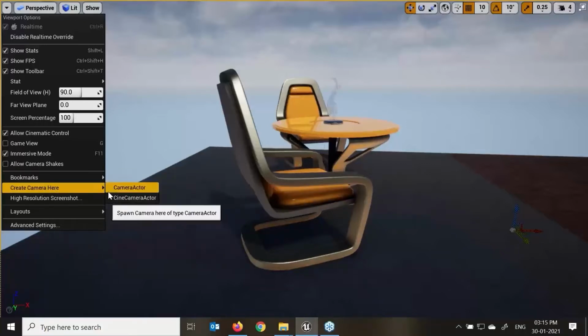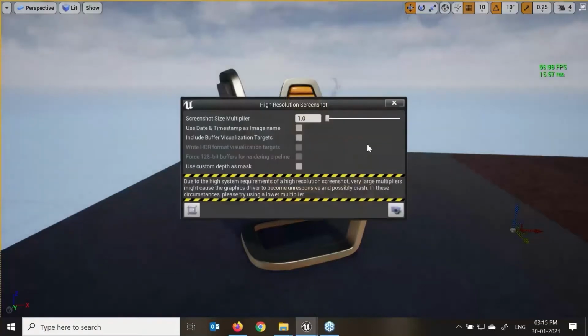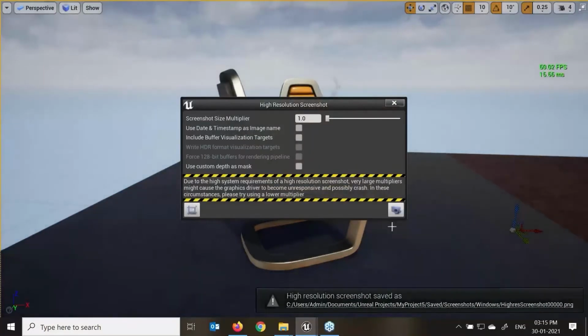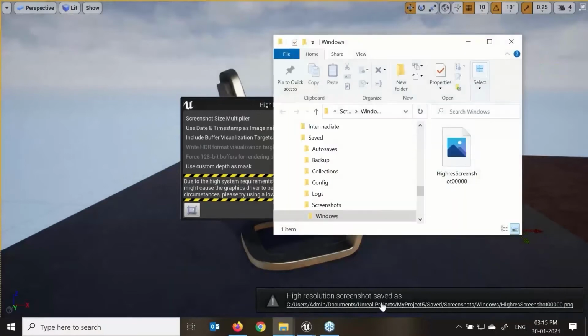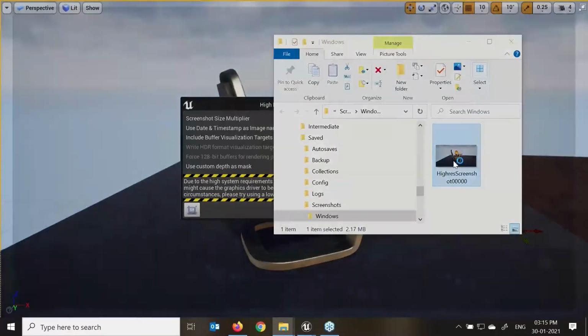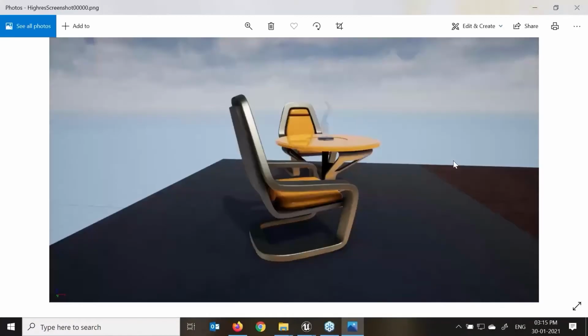Create Camera, Camera Actor, High Resolution Screenshot. If I click on this, it will take a screenshot of my single-frame render. This is helpful when we want to share our work in progress with other artists or team members.